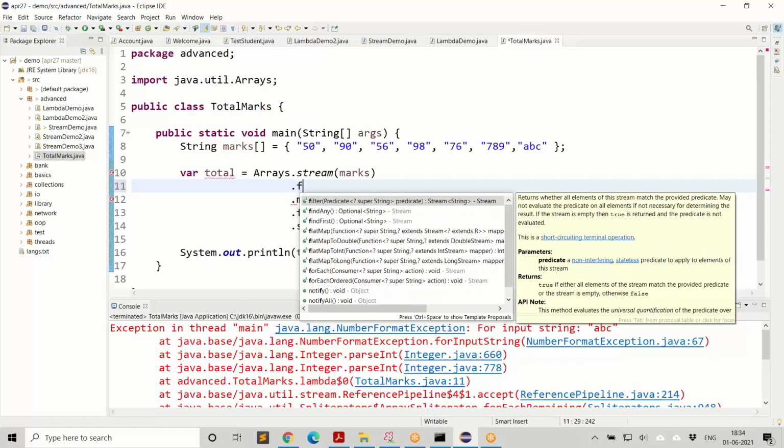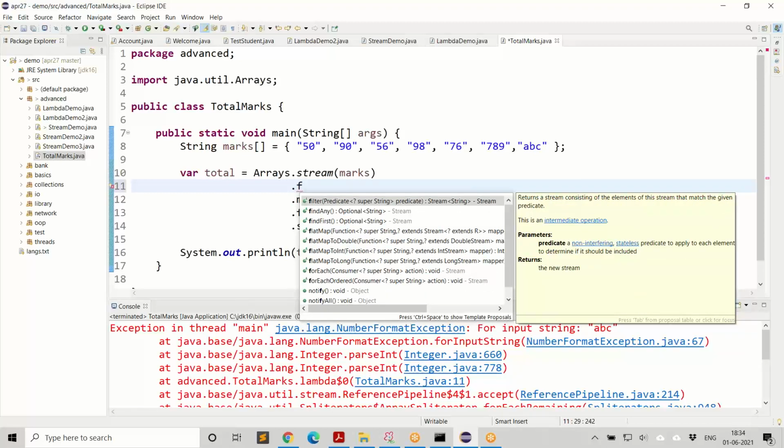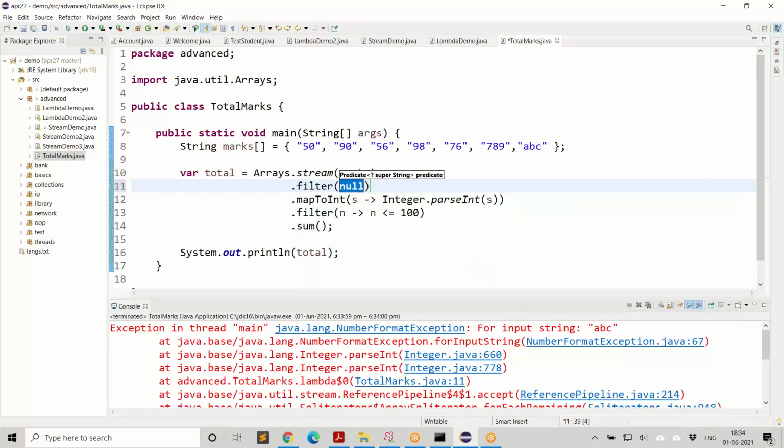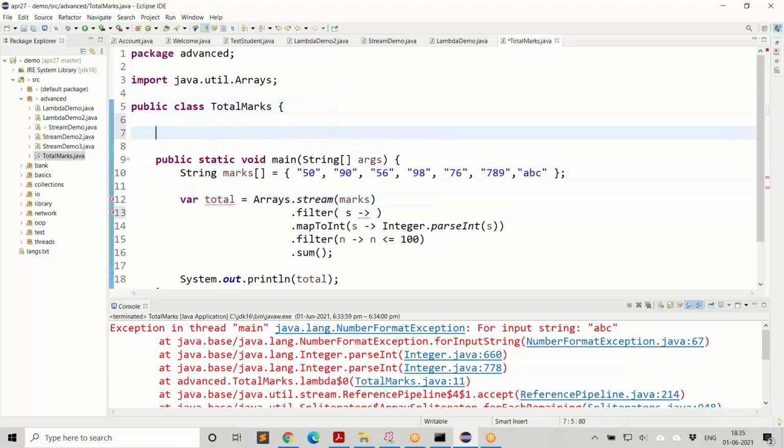How do you do it? Again, you can use filter. You can use a lot of other possibilities, but let's go with filter. So this is the string. And I need to now create the expression which selects only if the string contains digits. Well, I can create another function for that. So I say public static boolean isNumber, and it takes a string.